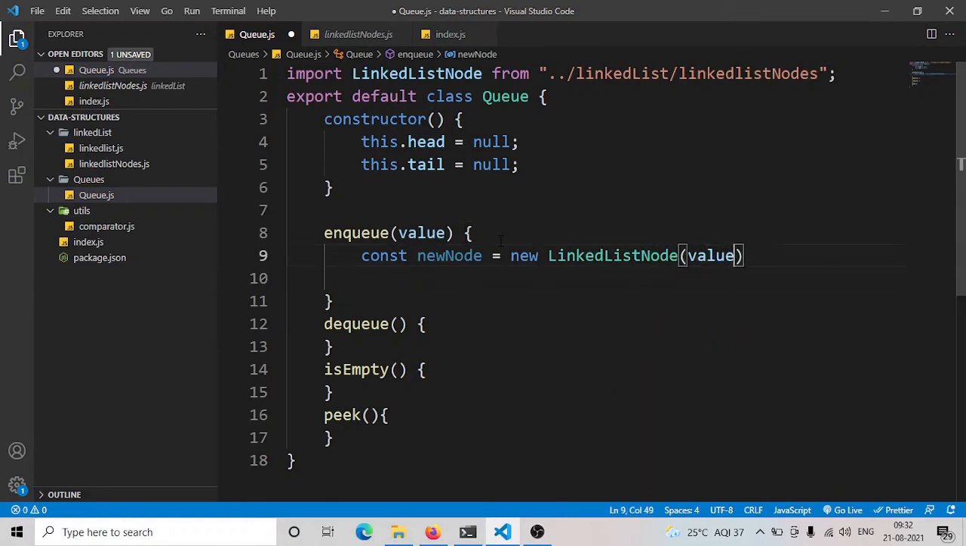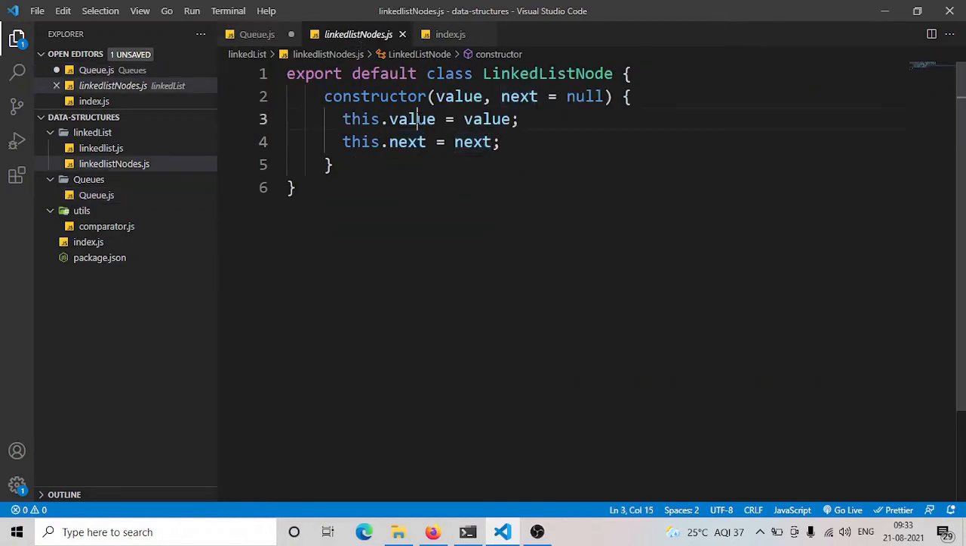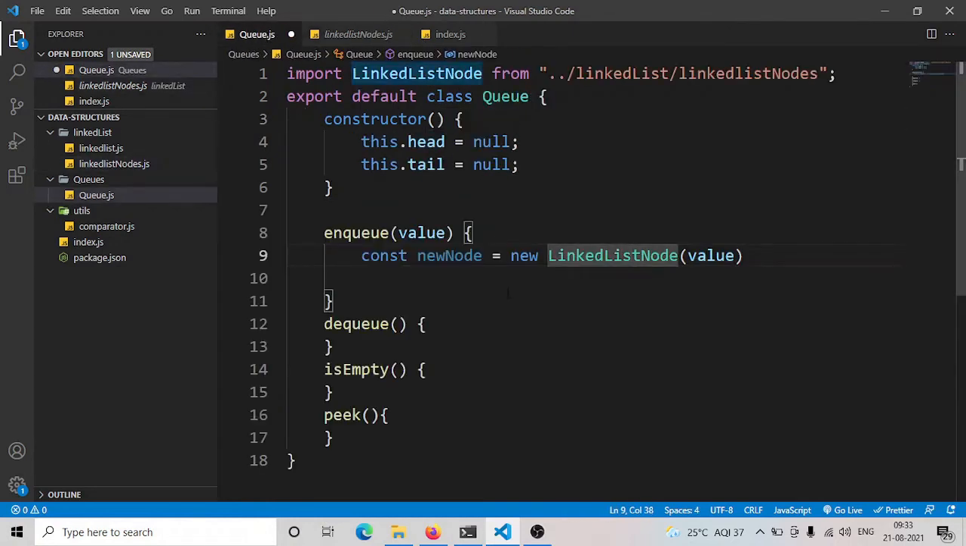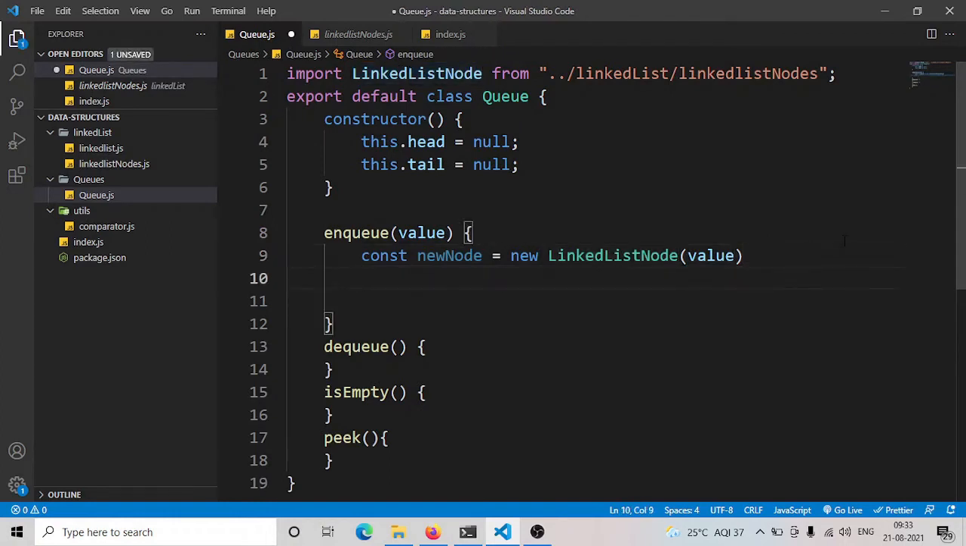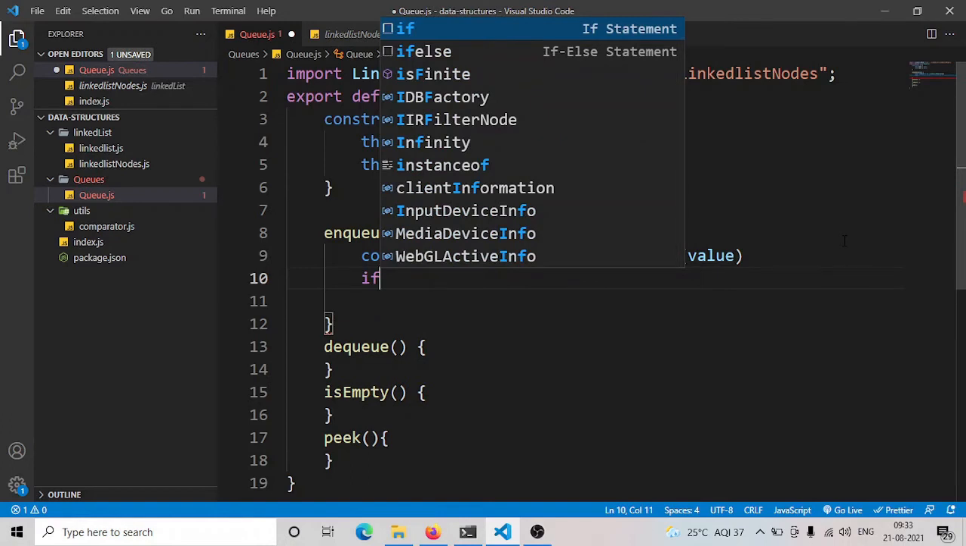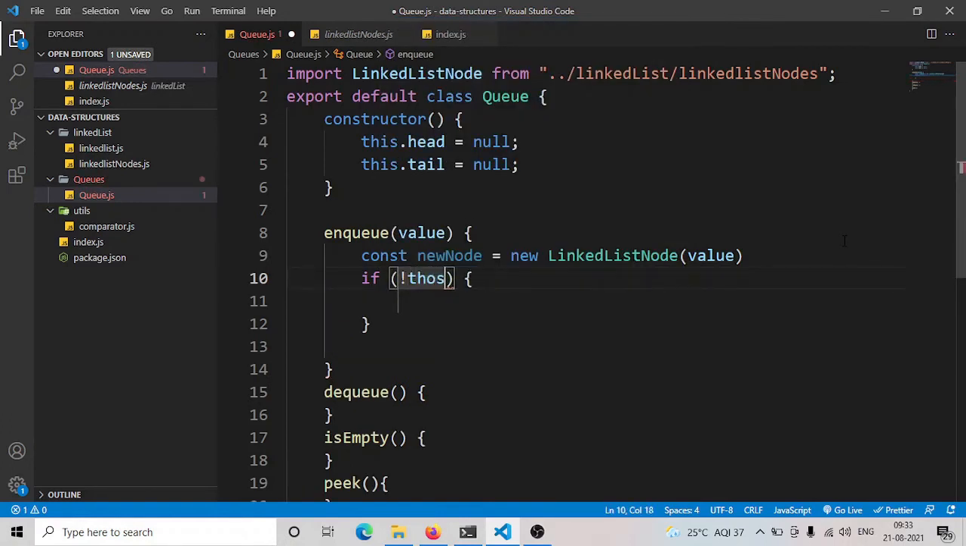So what it is going to do is return an object with the value and the next, of course. So first of all, we have to check the condition whether head is empty or not. If this is the head, then